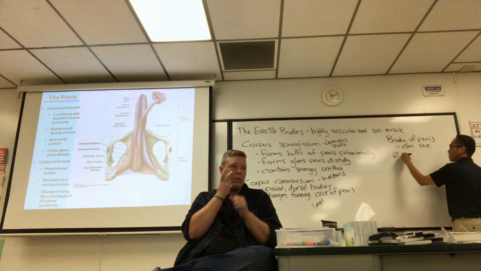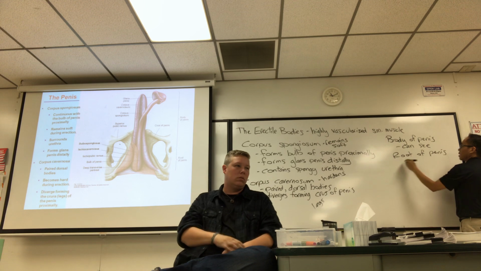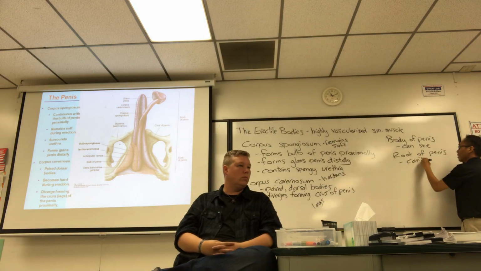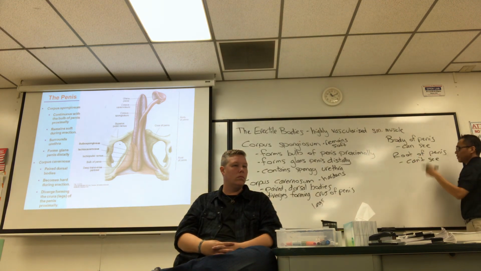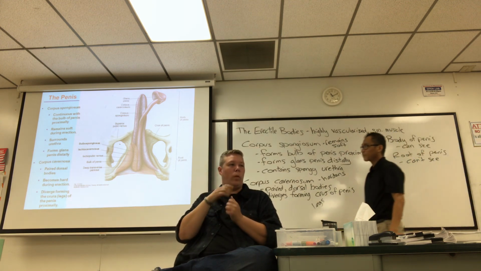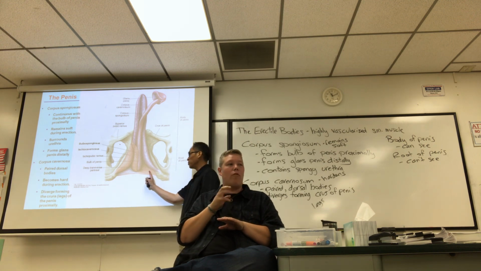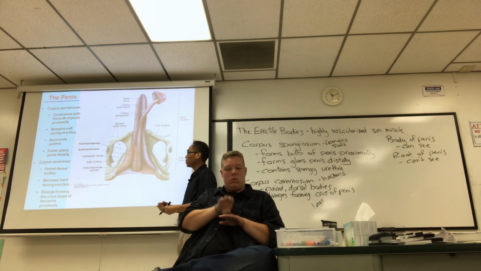The root of the penis, you can't see. It's the part that's attached to the pelvis. It's on top of the UG diaphragm. Here's the deep transverse perineal right there. That's the muscle of the UG diaphragm. And notice at the root of the penis,